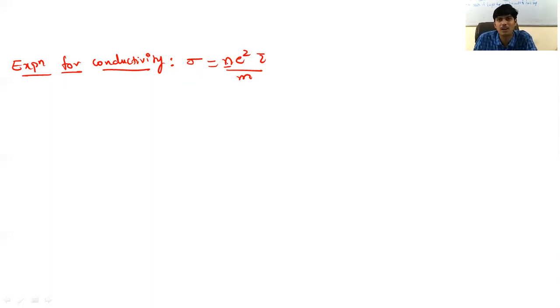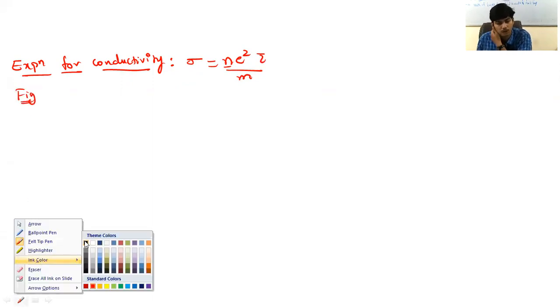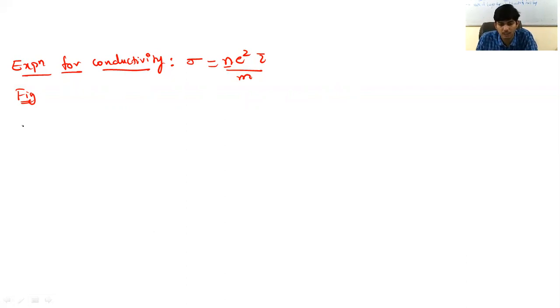Generally, when I mean electrons, they are free electrons. For insulators, the value of N will be 0, so its conductivity will be 0, right? Anyhow, the diagram and explanation remain the same even for this. In order to derive the expression for conductivity, we'll again make use of Ohm's law.